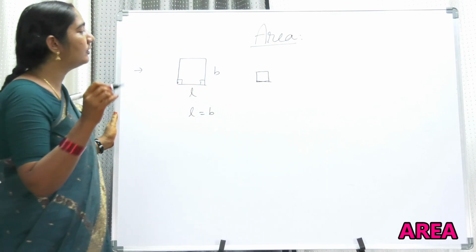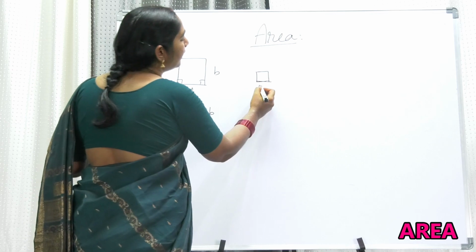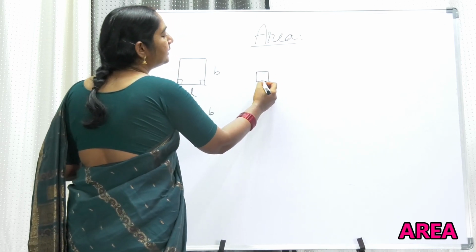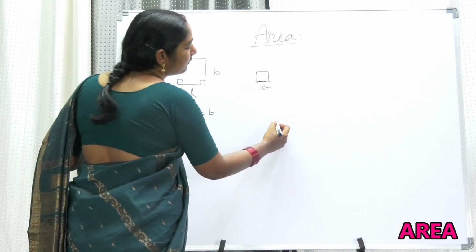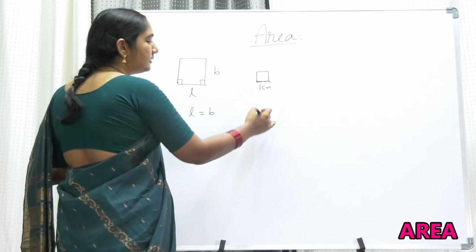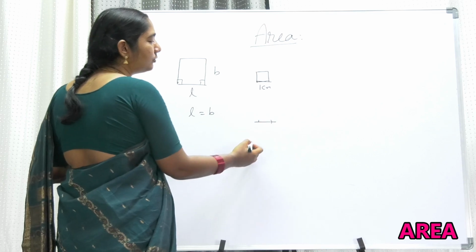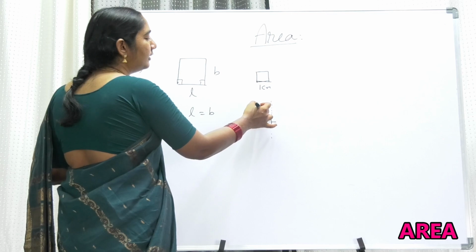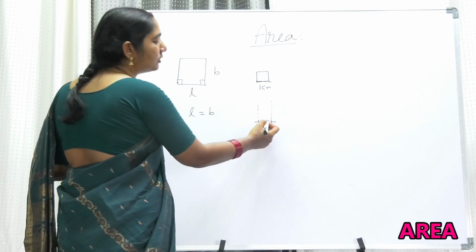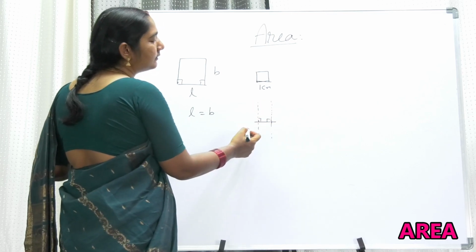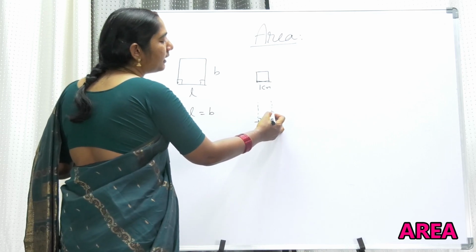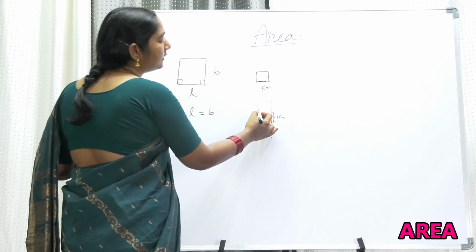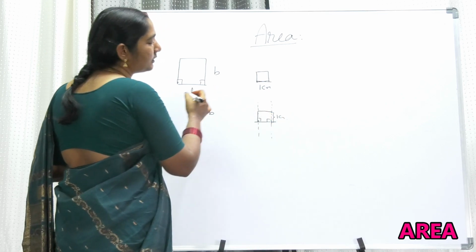How are you going to draw? For that you have to take a scale and take 1 centimeter length, and just after you take 1 centimeter length, you must mark 2 points. These are the 2 ends. From these 2 points you have to draw 2 perpendiculars so that the angle is 90 degrees. And on these you again mark another 1 centimeter. So this is 1 centimeter. This will be 1 centimeter. This will be 1 centimeter.